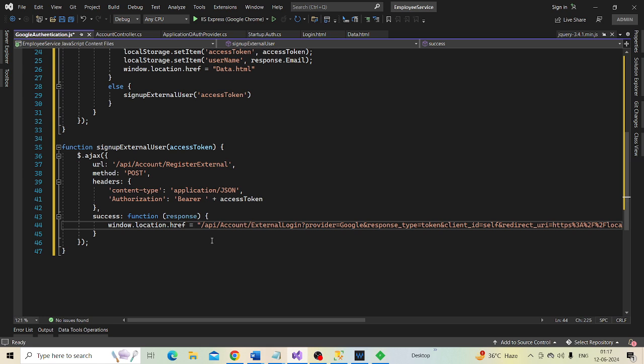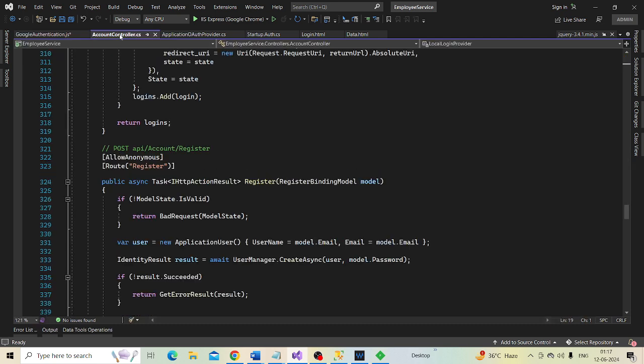This function is present in account controller. So let's go to account controller, and here is the register external function.